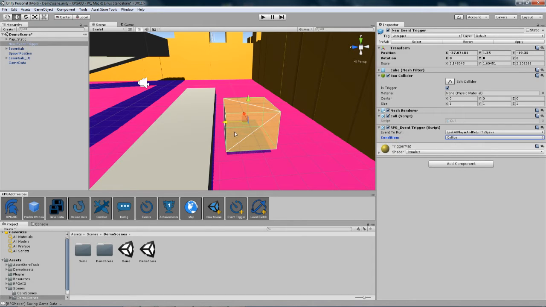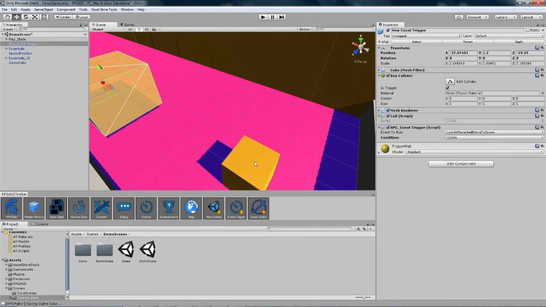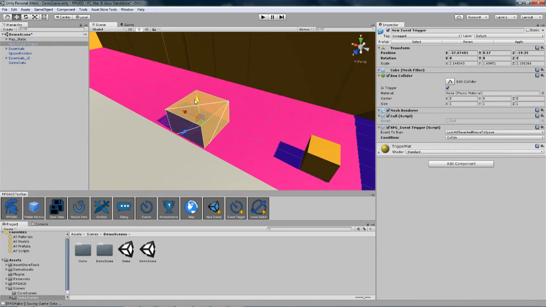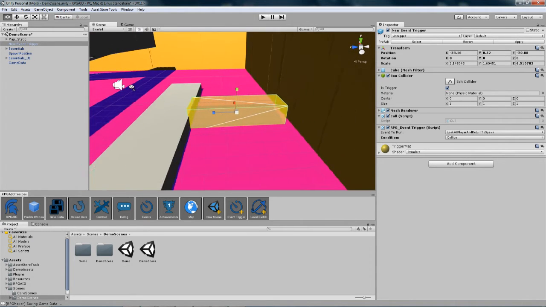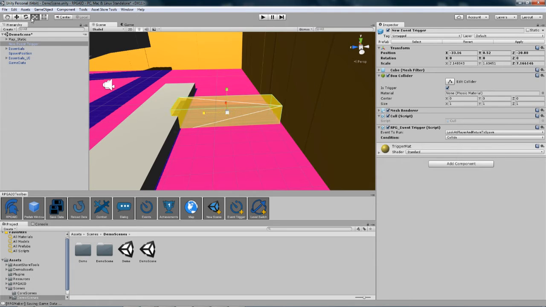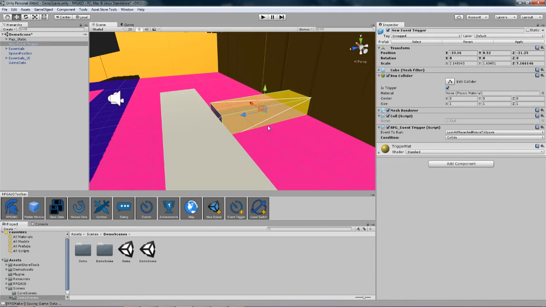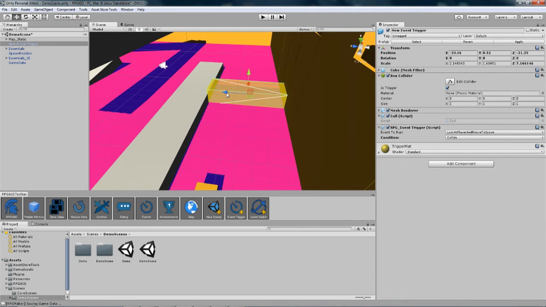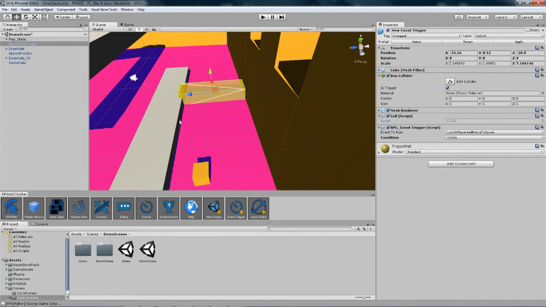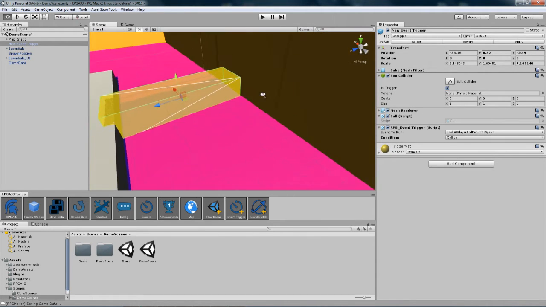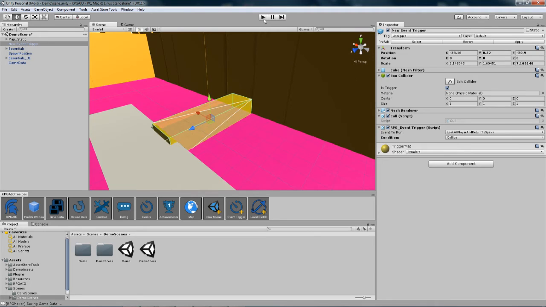So we're going to leave it on collide for now, and the player starts here, and we're just going to make it so when the player walks slightly forward, the event will trigger. Of course you need to make sure that the trigger area covers all the places the player can go, just to make sure it triggers correctly. So the player is definitely going to walk through there, we hope. You might want to extend this slightly, just so they can't jump over the sides, but that's up to your level design. So if we run this now,